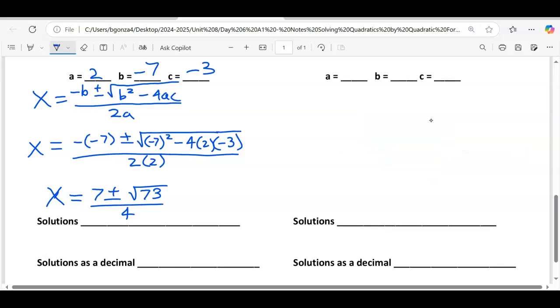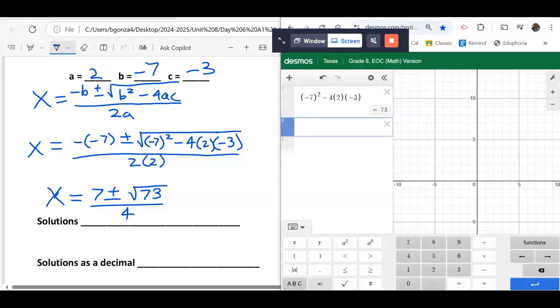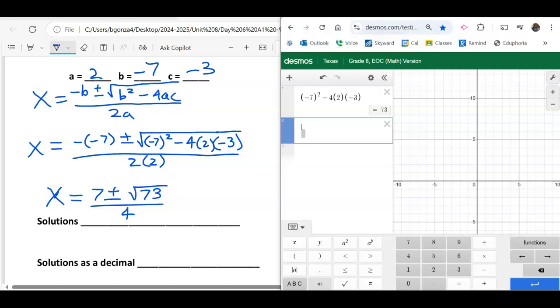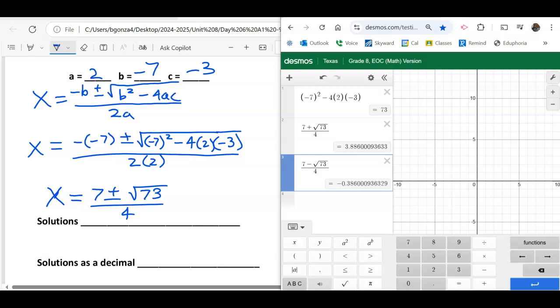Okay. Well, let's do this. We're going to type this in twice. So the first one is going to be 7 plus the square root of 73 over 4. And the second one is going to be 7 minus the square root of 73 over 4. Does everyone see? There's a plus answer and a minus answer. That's what plus minus means. You do both. And now I got two separate decimal answers, and that's what I'm going to put at the